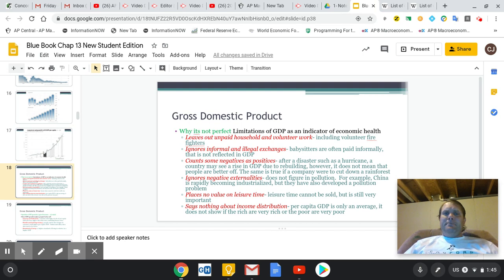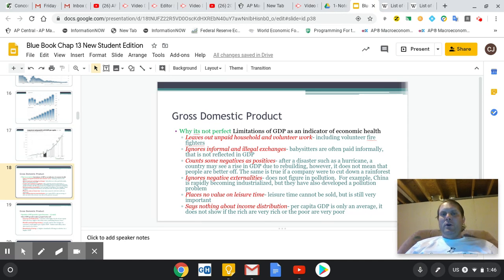If a country wants to just produce as much as possible, or in the case of the United States, when we had Hurricane Katrina that destroyed New Orleans, that was wonderful for Elkhart. It raised Elkhart's GDP a ton because the government bought temporary housing trailers that we sent down there. So our GDP is good. Standard of living in New Orleans is not good.